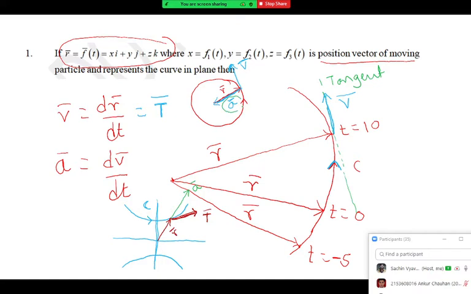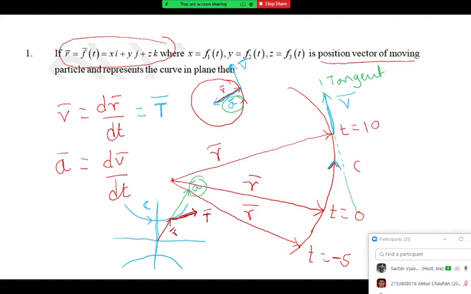Here it acts towards the origin, here it acts away from the origin. Actually, I am giving these ideas just for your understanding. You don't have to interpret the results anywhere. Just for your knowledge, there are two standard curves, the circular path and the hyperbolic path, where the acceleration has fixed directions, but for all other paths, acceleration changes its direction from time to time.